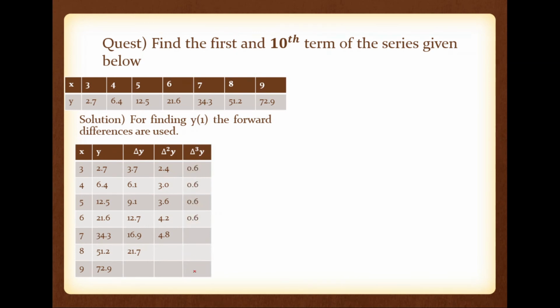The last three are absent. Now, by using this data, we can find delta raised to 4 y. As it is the same, we have 0, because we have the same data. The last 4 are absent and the first 3 are 0. So actually we have to find up to delta raised to 6 y, because n plus 1 equal to 7, so n equal to 6. But as this column has 0 elements, there is no need to proceed. We can stop here. Now we can find yp.